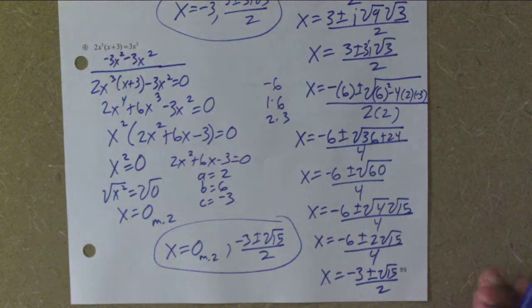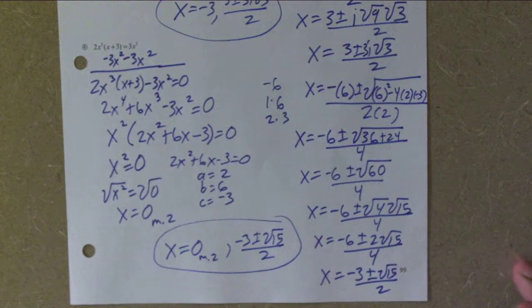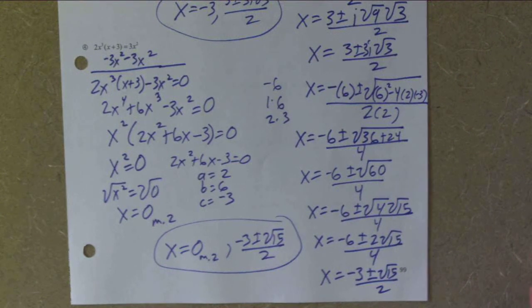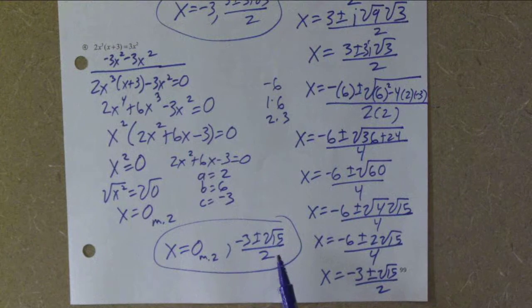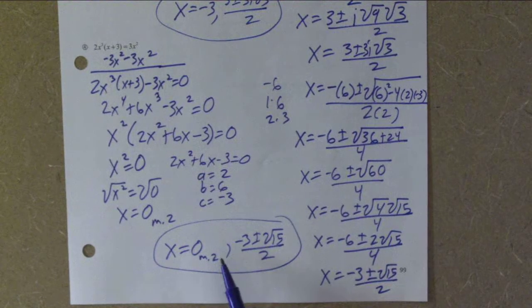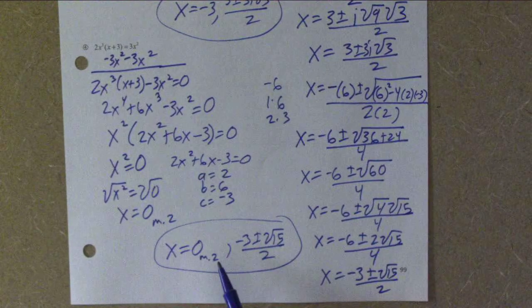Now, one thing I want to stress to you all is this here. When you're taking a test, you do not write down that it's multiplicity 2, unless the directions ask you that. This is just letting you know that you have 2 here and 2 here, which adds up to the 4, which is the degree of our equation. Does everyone follow that? So, you don't have to write the multiplicity 2 unless you're asked. Okay, so now,